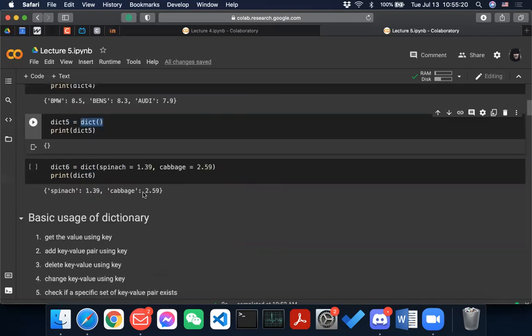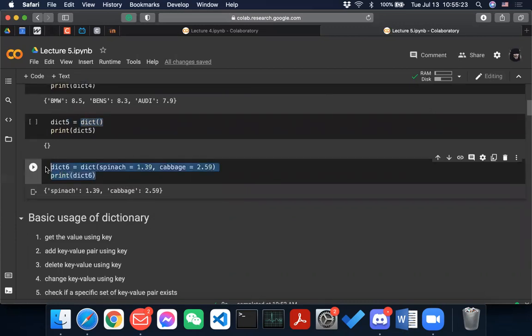You can also do this. Without passing any kind of list or tuple, you can specify keyword arguments. For example, Spanish equals 1.39, and cabbage equals 2.59. These are like prices in a Chinese vegetable market.